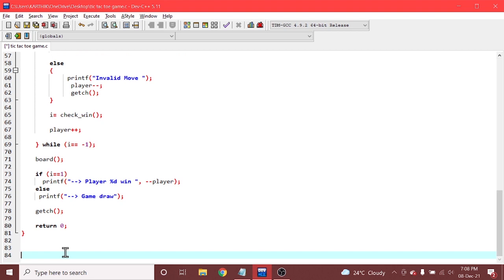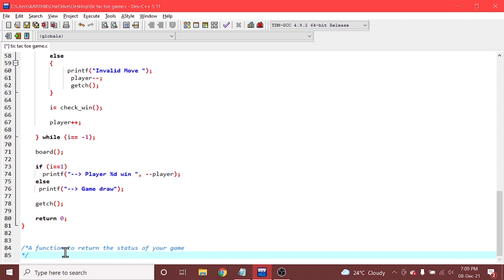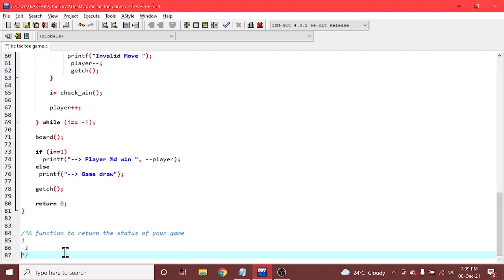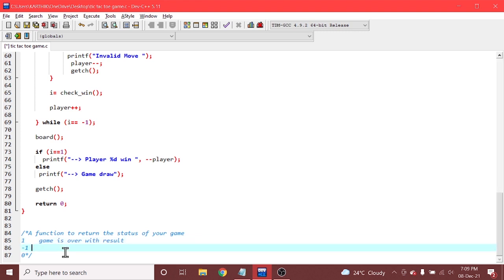Now let us write a function to return the status of your game. That is nothing but we are taking three cases: 1, -1 and 0. 1 for game is over with result, and -1 for game is in progress.